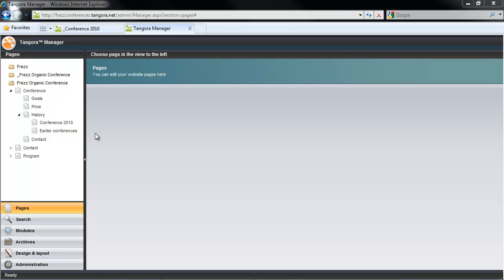So now you've seen how to create your site's structure, including how to make your pages visible or invisible in your site's navigation. I'm going to show you next how you could change your site structure, including moving pages as well as copying, renaming, and deleting pages. You move pages simply by dragging and dropping.